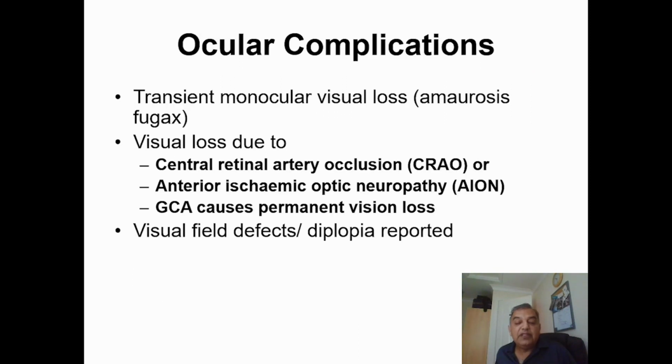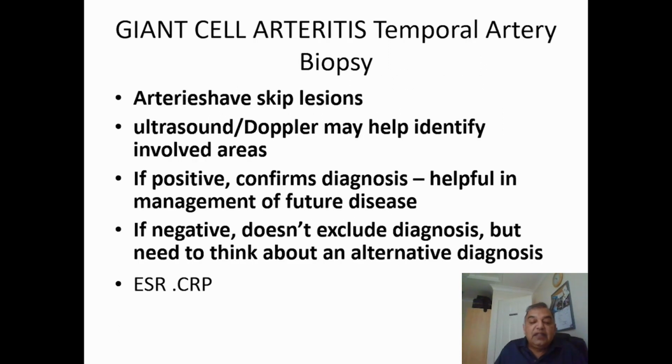So what happens in this? Basically, what we're worried about is the ocular complications. So they present with a transient monocular vision loss, and then they can develop a complete vision loss. Now, a transient vision loss can be basically in a stroke like TIA, amaurosis fugax. It can be due to retinal artery occlusion or anterior ischemic optic neuropathy, which is what happens in giant cell arteritis. It's an optic neuropathy, but here the pathology is that it's a vasculitic lesion of the optic nerve, and it presents